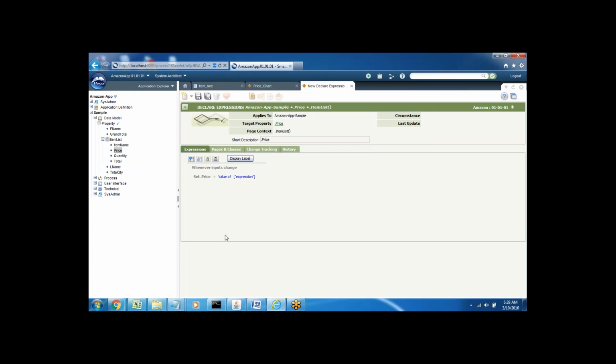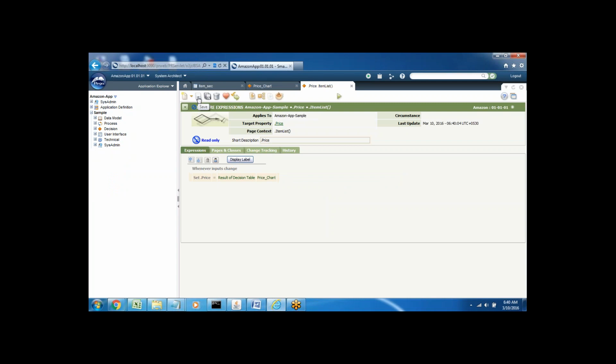Okay, here coming to the function, we are going to call a condition, that is decision table. In order to call the decision table, the function name is result of decision table. Now in the drop down you can select the condition. So this is the name of the condition, save that one. Next thing,